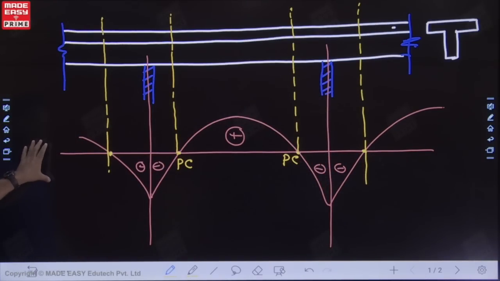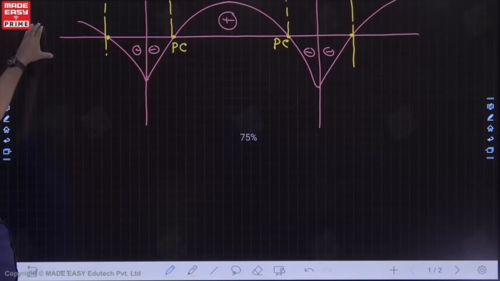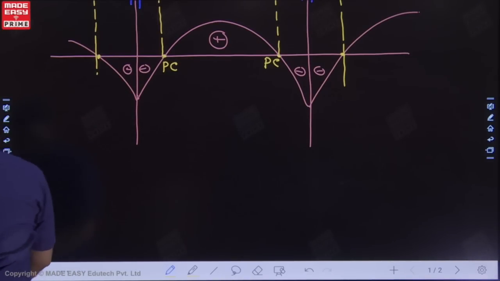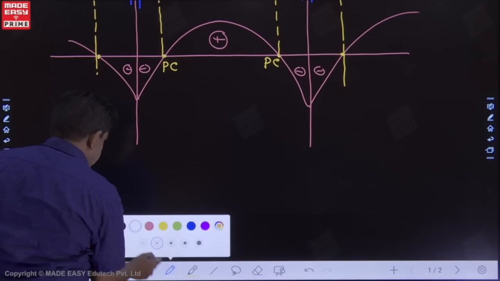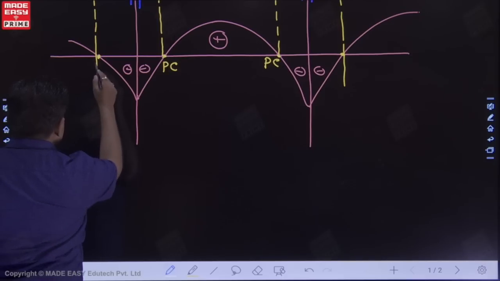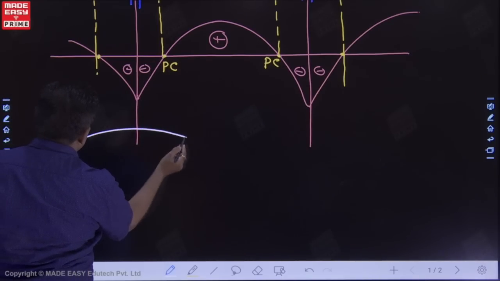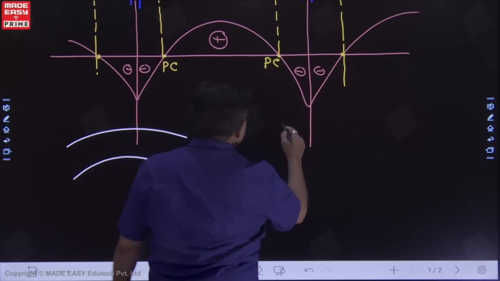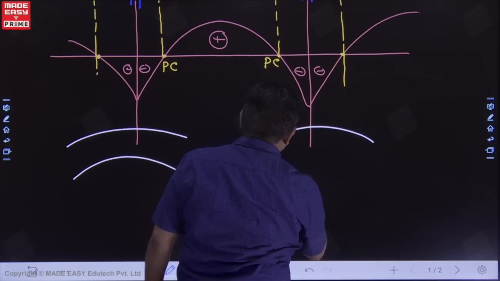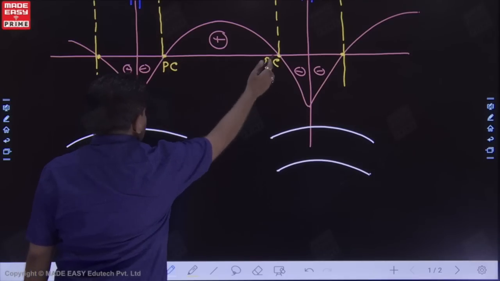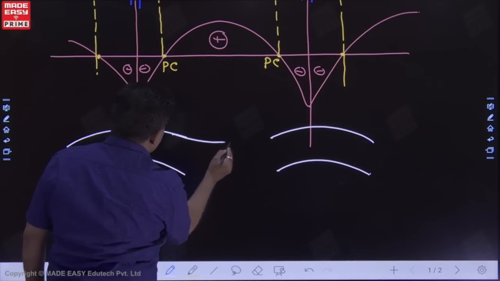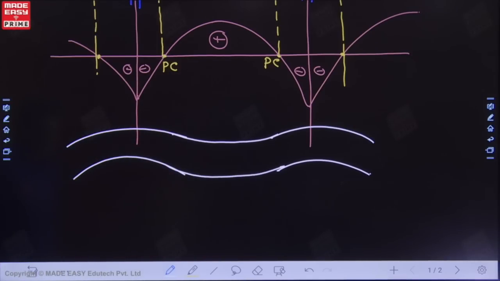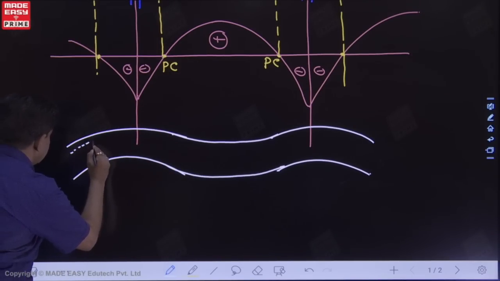See, I will show you the behavior of this same beam, how it will bend and what will be the effect of this positive and negative bending moments. Understand in this way. This was your beam. In this negative area, the beam will bend in this manner. Over here also, the beam will bend like this. But in this portion where it is positive, the beam curvature will change and it will bend like this, positive. Now understand, suppose this was the flange line.